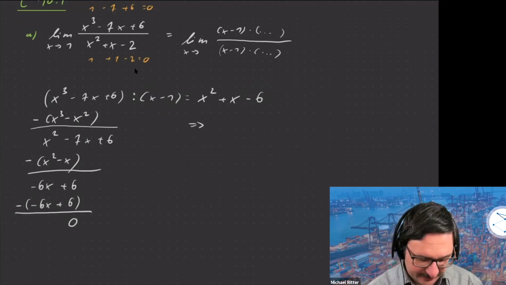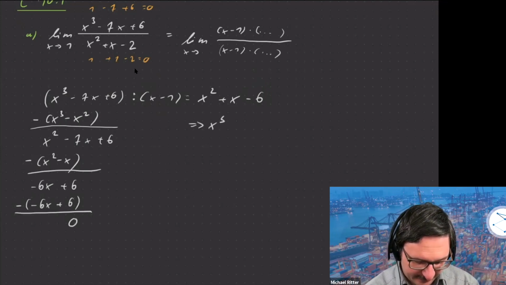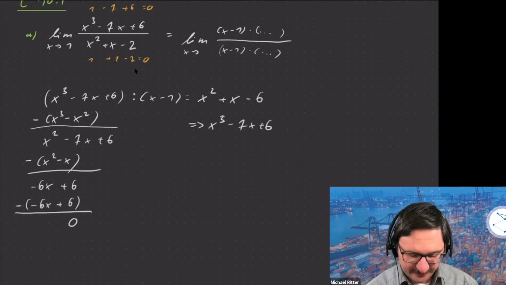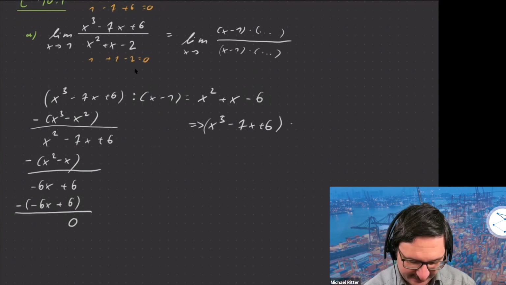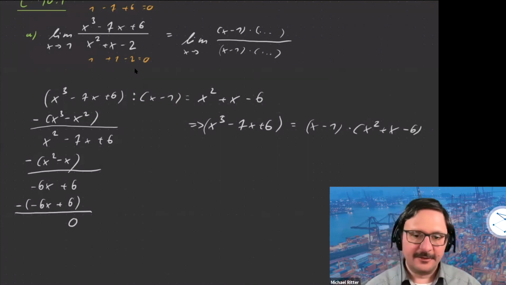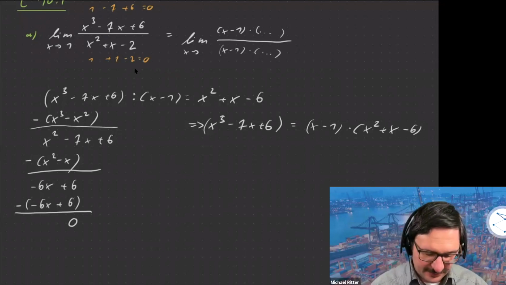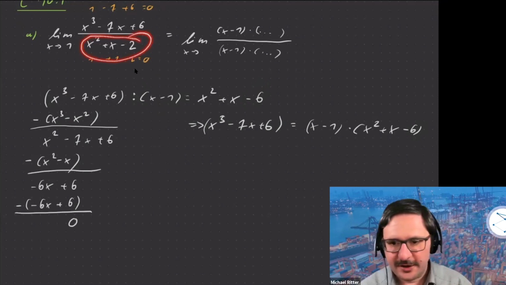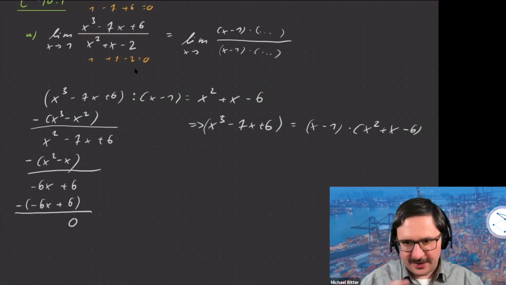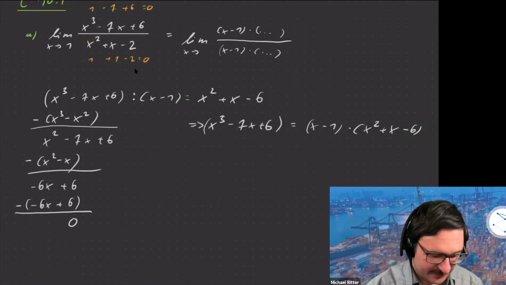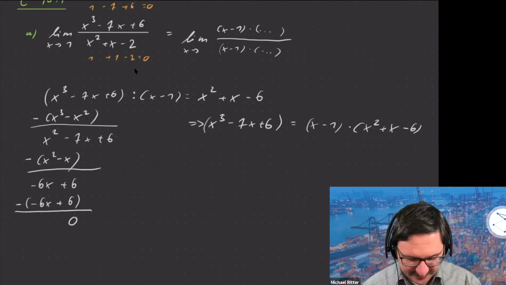And that means I factored this polynomial here, or at least part of it. So x to the power of 3 minus 7x plus 6 is the same thing as x minus 1 times x squared plus x minus 6. Okay, that was the first part of that, and we have to do the same thing for the denominator. And of course, there are other means to get that, but just for practice, we once again do this polynomial